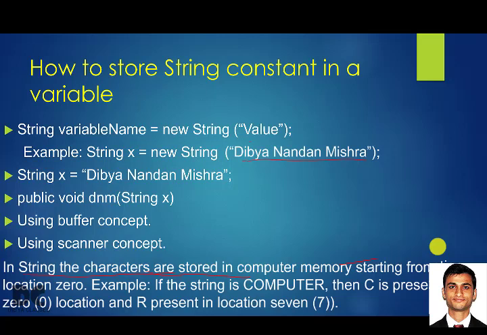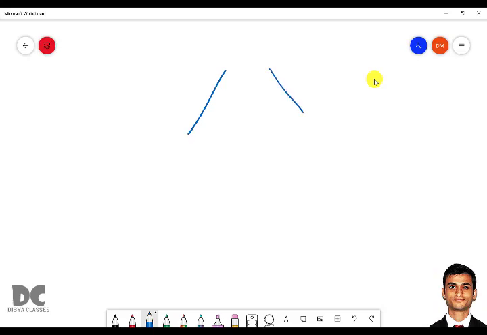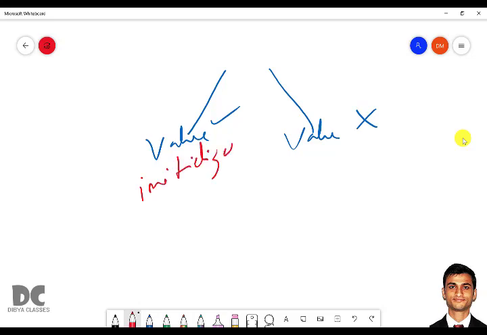So now we'll understand how to store a string constant. You already know there are two types of input. One is when you know the value and another is when you don't know the value. If you know the value, you will be using initialization or the assignment operator. If you don't know the value, you have to ask the user through parameter, or through scanner, or through buffer reader.